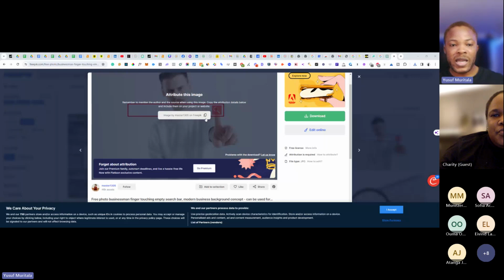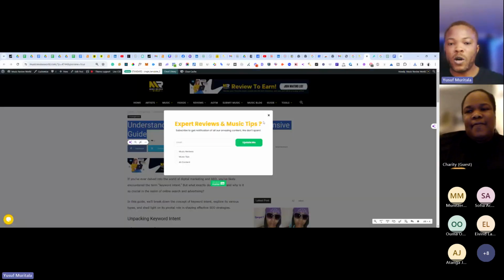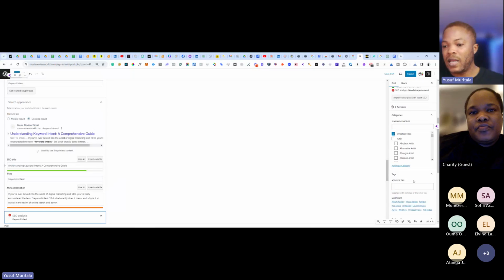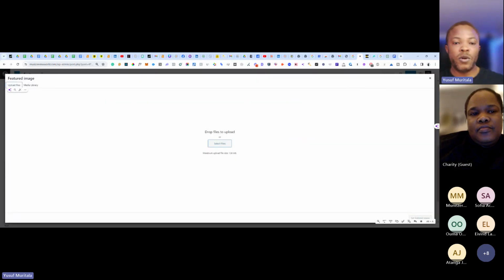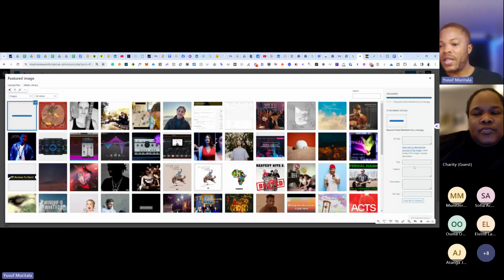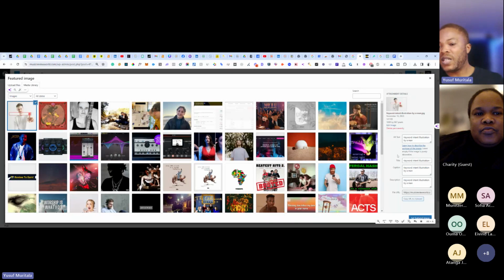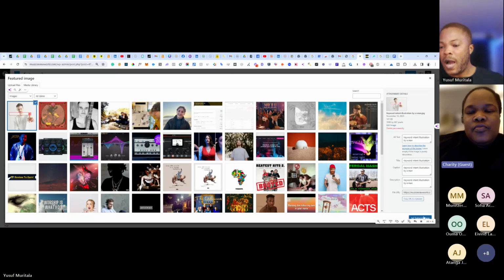So you click it like that, and then we come to the content, feature image, upload, and then we upload the image, and you can see everything is populated here automatically, right? There is a plugin that I use to automatically populate the alt text, title, caption, and description to be the same keyword that I want to rank for, which is normal. You can do that. It doesn't matter, right?